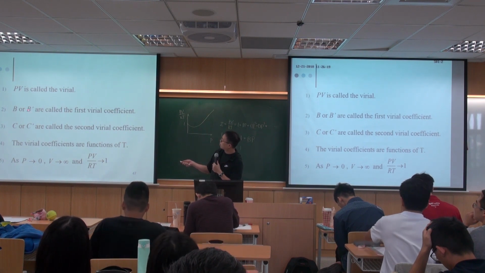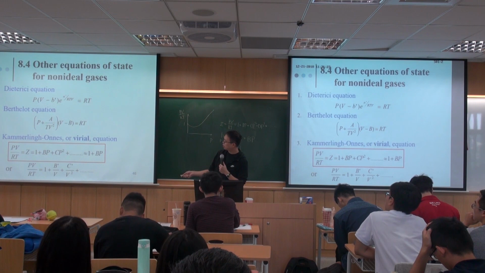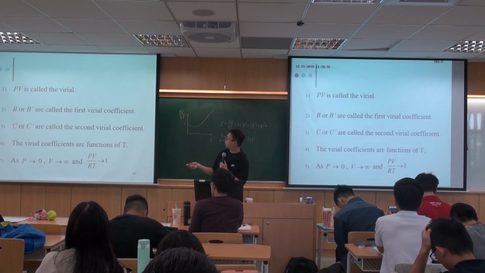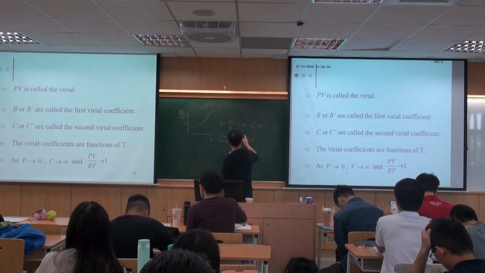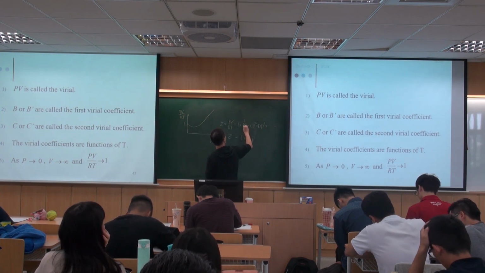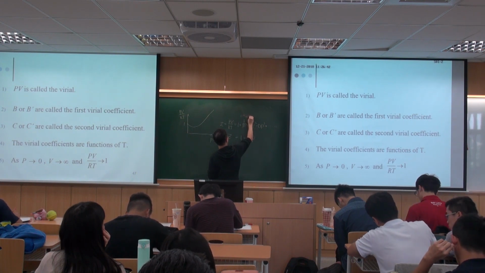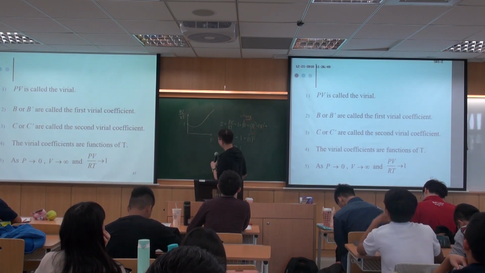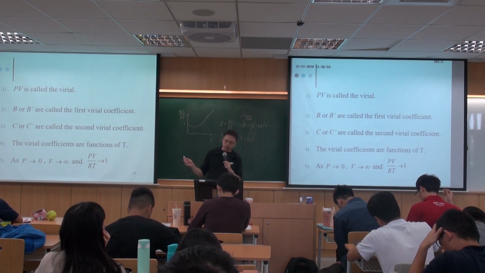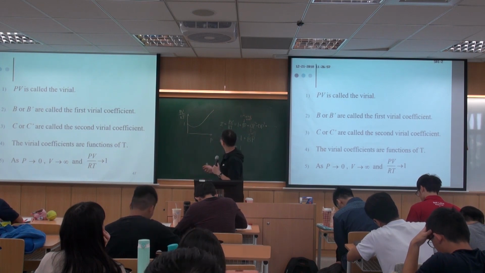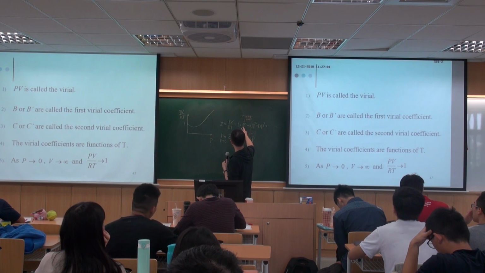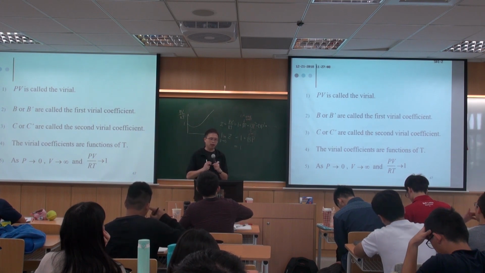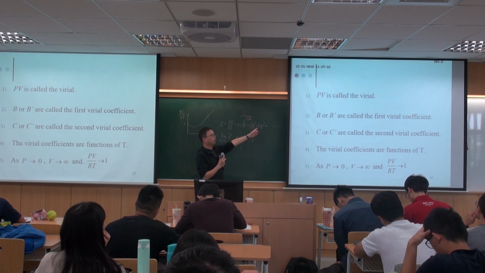And these B or B prime, depending on which form you're using, these factors are called the first virial coefficient, and using the same approach, we can say C and C prime are the second virial coefficient. So this is the first one. This B is the first virial coefficient. And this is the second. This is the third. And these virial coefficients are functions of temperature. So although we write these down as a letter B, C, or D, in fact these are functions of temperature,